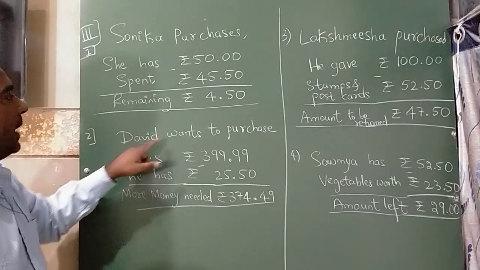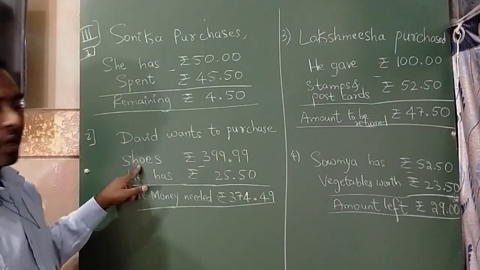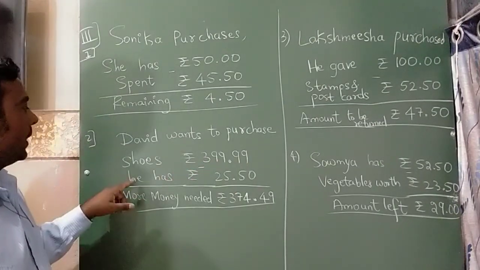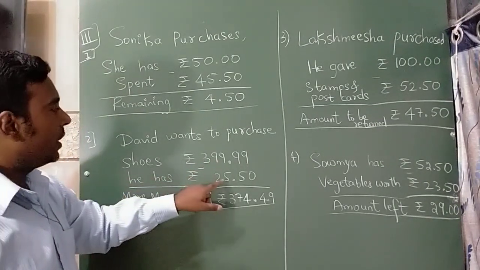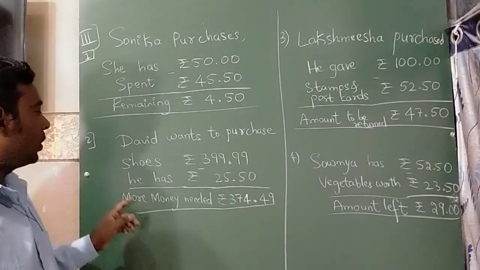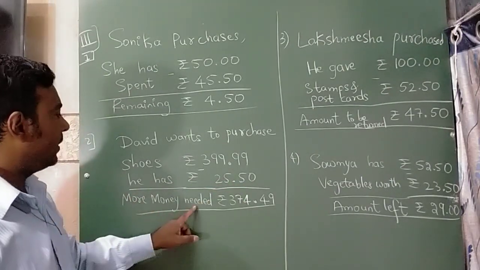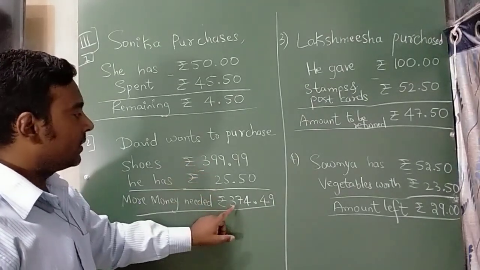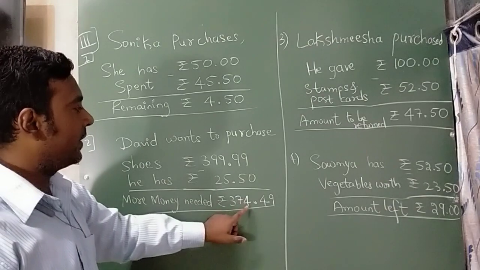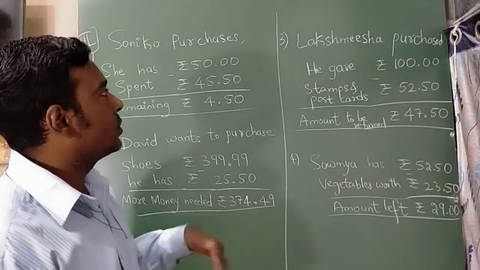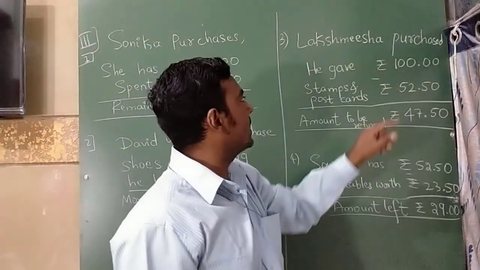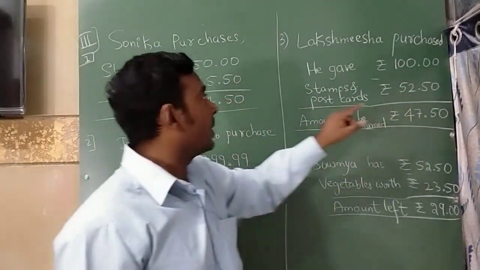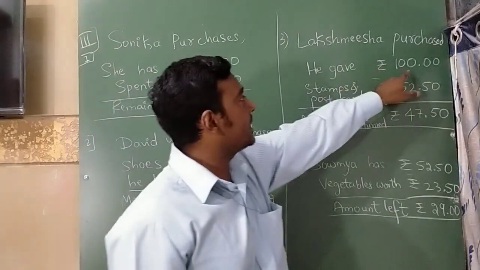The next question is, David wants to purchase shoes of rupees 399.99. Fine. He has rupees 25.50. So how much more money is needed for him to buy? So we need to subtract this. If you subtract, you will get rupees 374.49. So the next question is, Lakshmi Shah purchases stamps and postcards for rupees 52.50, but he gave rupees 100